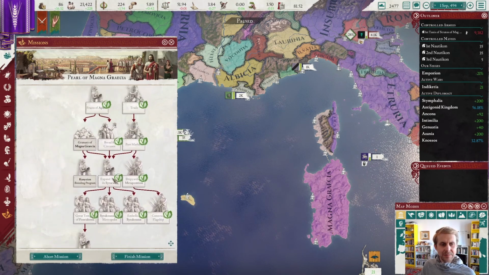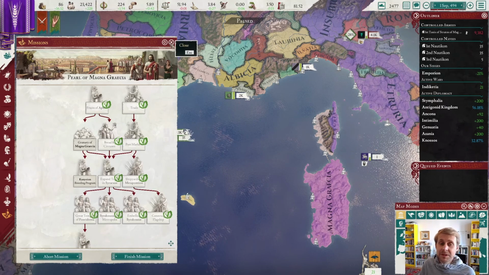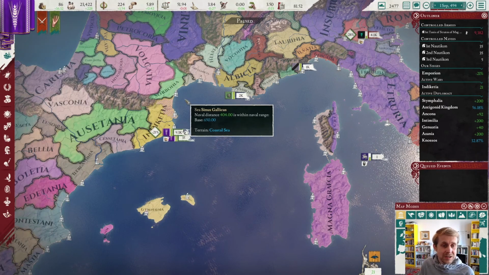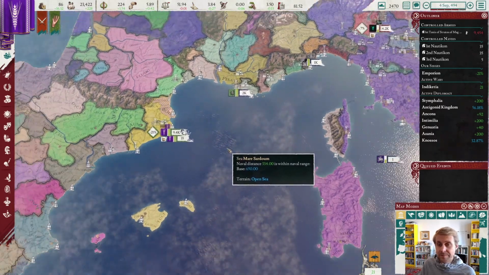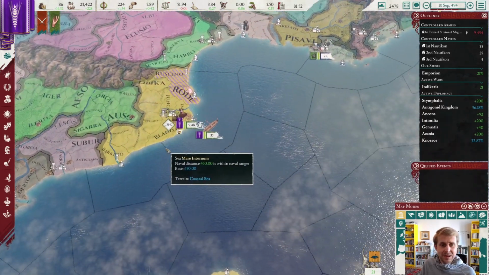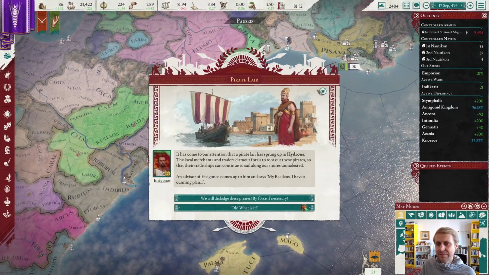Just to go back and tell you about this one here. 800 gold, I do not think is worth producing horses in one province. Tell me if I'm missing something there. I know it is a nice trade good, and it does have a local productivity boost as well, but, you know, no, it's just not something I'm willing to invest in. Would be nice if we got at least one battle out of this, but...